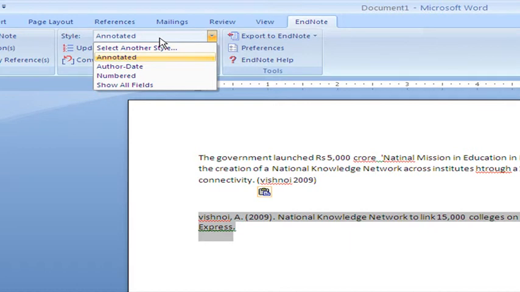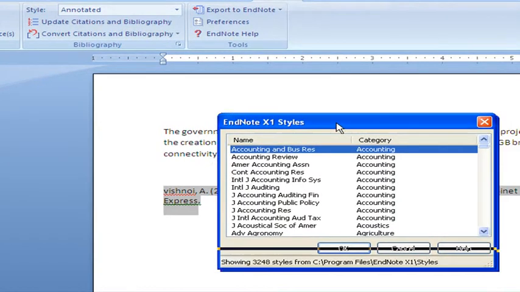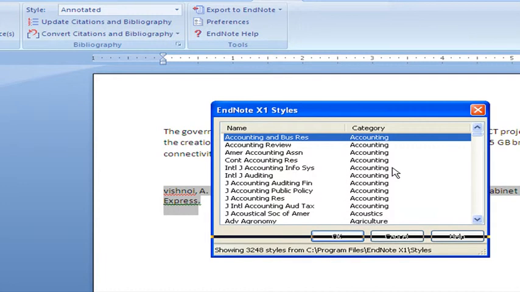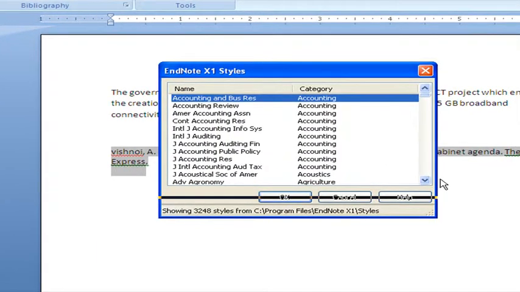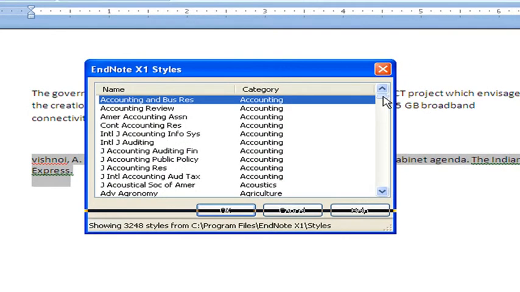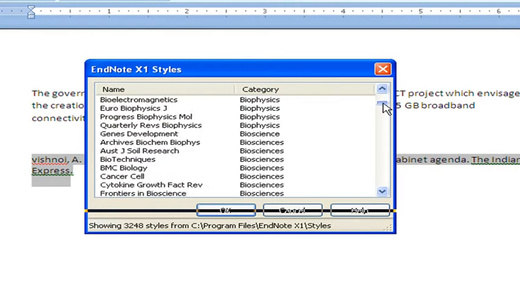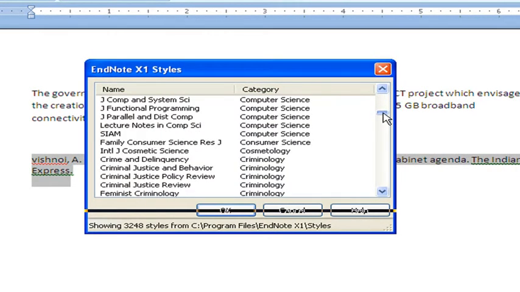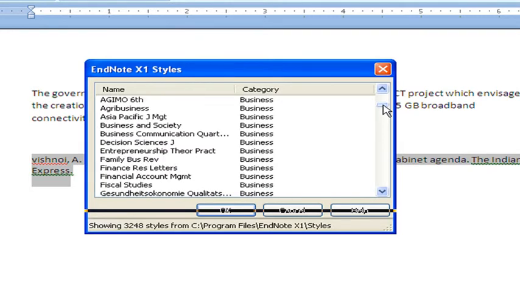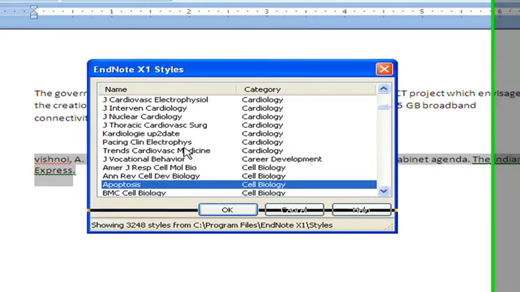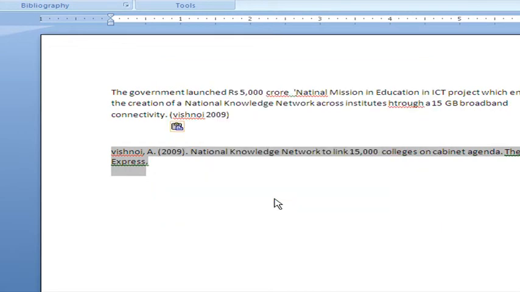If I want to convert it to some other style, then I can select another style from here. So now EndNote is attached to MS Word, and all the functions of EndNote can be accessed from MS Word. You select any style, APA, and it will be converted into APA.